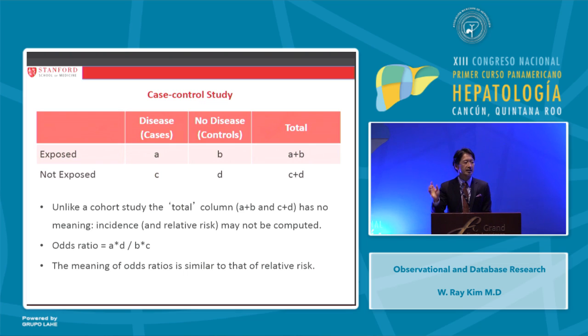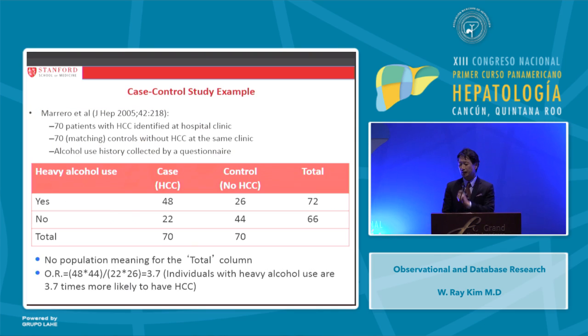Here, therefore, you cannot calculate the risk as we did with cohort study. Here, you can calculate what's called the odds ratio, which is A times D divided by B times C. The meaning of odds ratio is very similar to that of relative risk. So that's the strength of case control study. Without having to expend all the money and spend the time, you can get the roughly right answer by doing